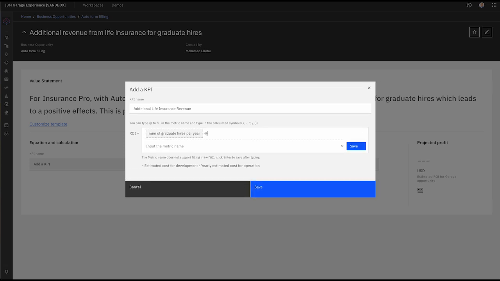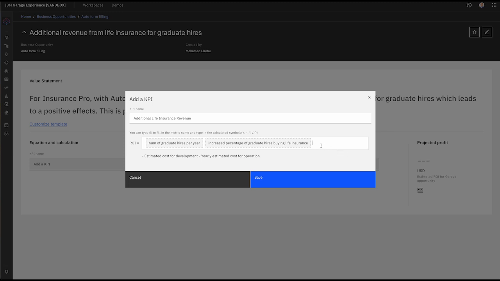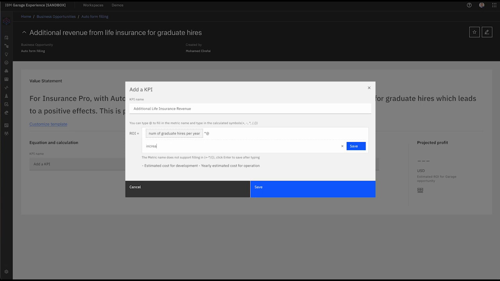And we'll multiply that by percentage of graduate hires buying life insurance. Let's call it increase percentage of graduate hires buying life insurance. And actually, we need to put the formula, so I need to put a multiplier in the middle. So I'll put this one again. So increase in percentage